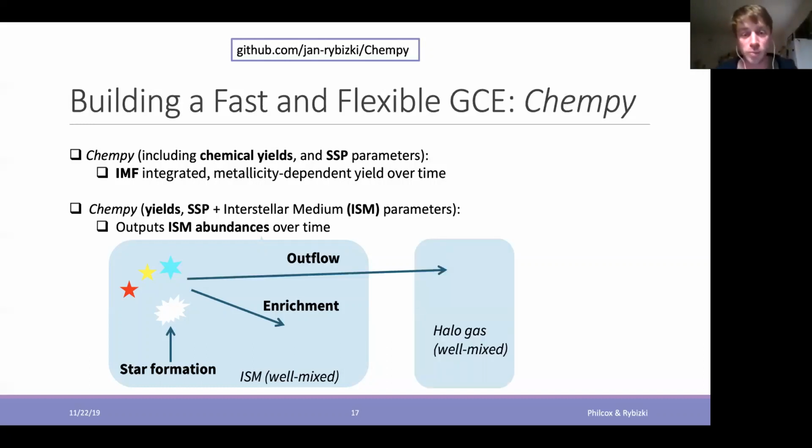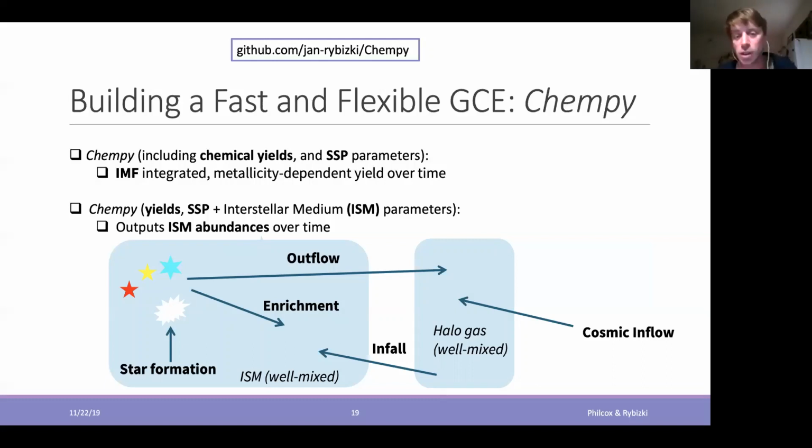So it's a little bit more complicated. You have a second zone, a halo gas, which is also well mixed. From there you get infall into the ISM box, and then new generations of stars are formed. So it's going on, and you even have cosmic inflow. This is just to show that all those parameters can be tuned, but usually we keep them fixed.